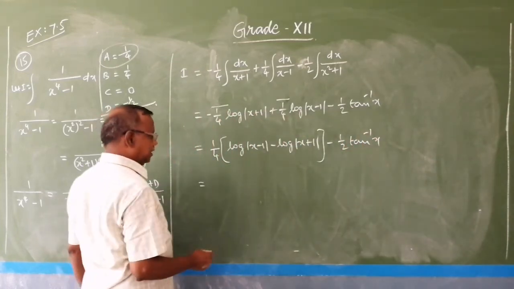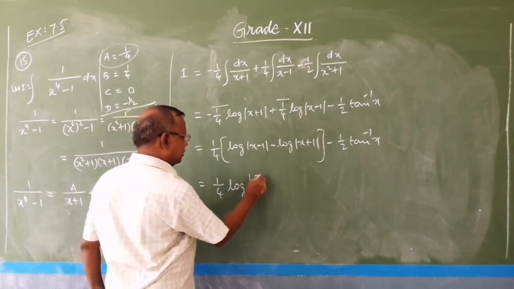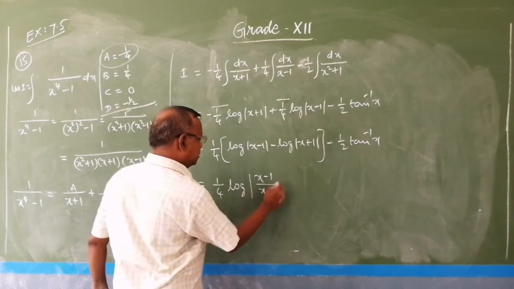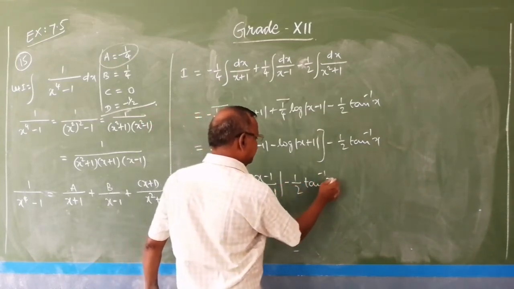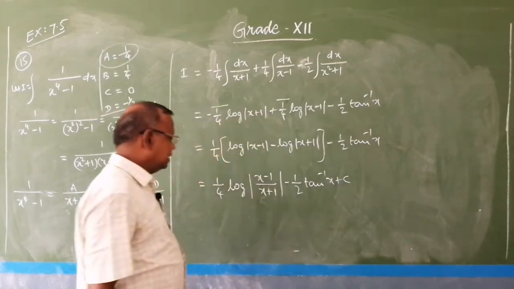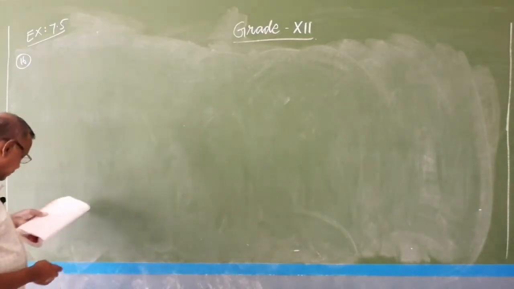We know that log a minus log b equals log a by b, accordingly it is 1 by 4 into log of modulus of x minus 1 by x plus 1 minus 1 by 2 into tan inverse of x plus c. So, this next question, number 16, we are given,